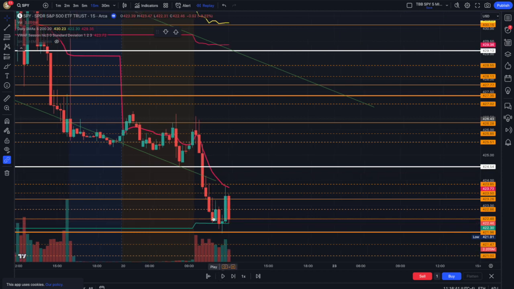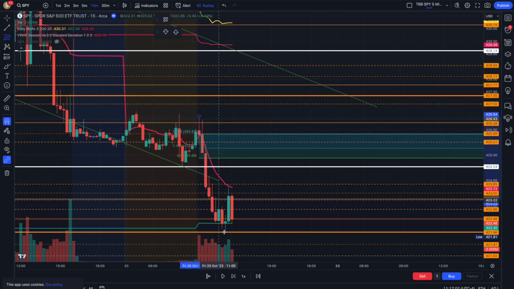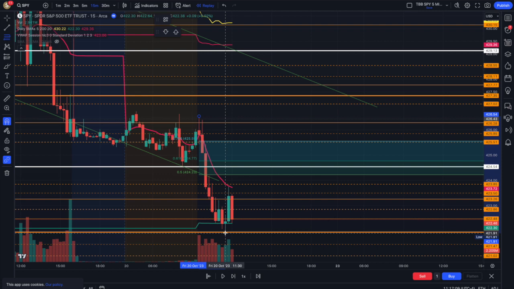Right, so at this point we can see that we have a clear trend that has formed in the day, and then we also have a pivot point here. The first thing you want to do is select your Fibonacci tool and draw it from the candle which started the move. This will be the first 15-minute candle on Friday 20th of October, and you need to draw it from the top of the wick, all the way down to our pivot point, which is also the bottom of the wick, so that we can see our pivot is at 426.54